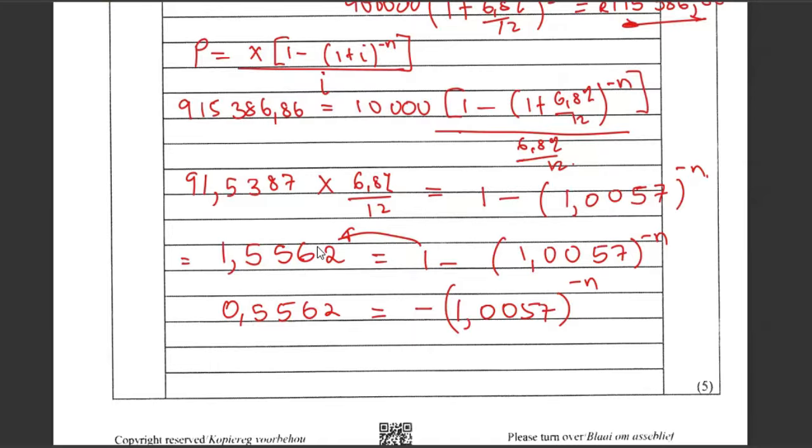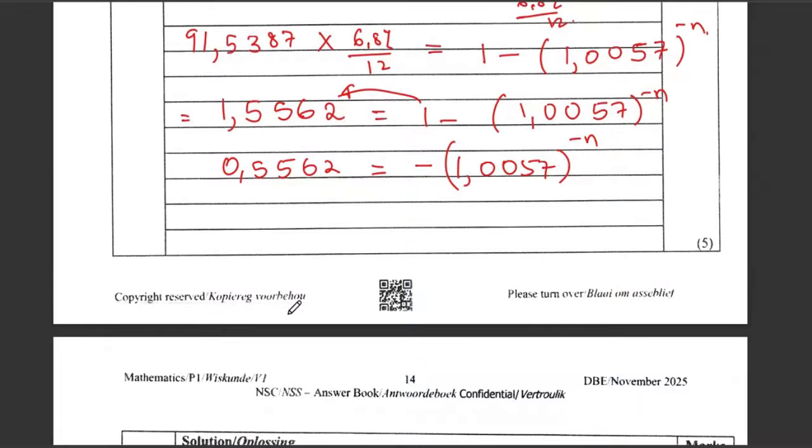And then we need to introduce the logs on both sides. Okay, so it's going to be the log of 0.5562 is equivalent to this negative, and that negative will multiply and we get a positive. So it's going to be n, the log of 1.0057. Then since we're looking for n,